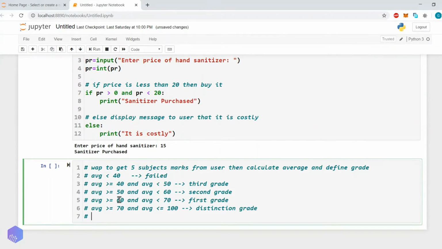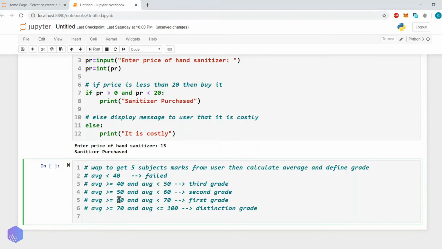In rest of all the cases, let's say if user is entering all negative marks, okay, we will display message that you entered the proper mark. Okay, so for that we will not check the condition right now, but in next video we will see how we can use the nested if.